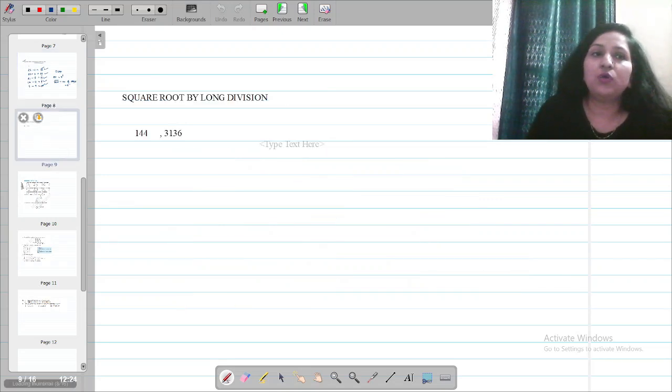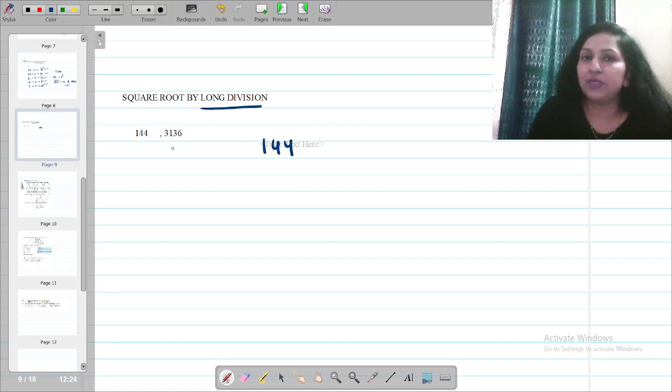Coming on to one of the most important method, that is by long division. The number here is 144. We'll do for both the numbers. Please mind, it is a 3-digit number. The step number 1 has to be making the pair. ठीक है, starting from the right hand side. From right hand side, this is the first pair. What alone is left out, let it be. So we are having two pairs of numbers starting from right hand side. First pair is 44, another single digit is 1.